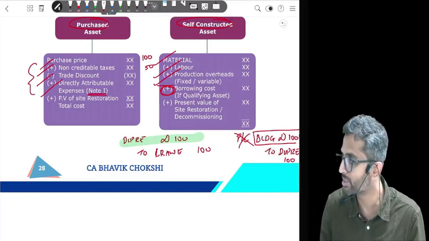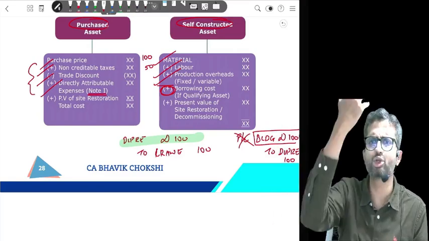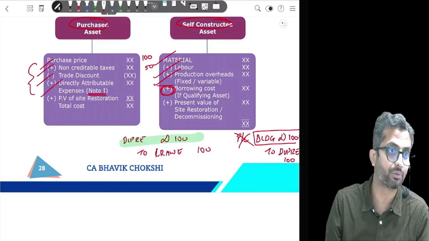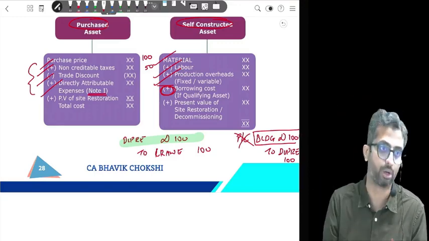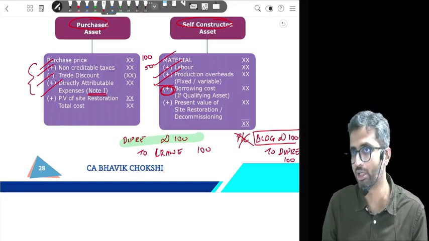Labor cost, where is there a separate standard? Material cost, where is there a separate standard? Because it is generally accepted that it has to be a part of cost. Borrowing cost is not generally accepted to be a part of cost. So a separate standard is needed that in these cases you take it as a part of cost. Are you understanding it? That is why you need AS 16 or Ind AS 23.